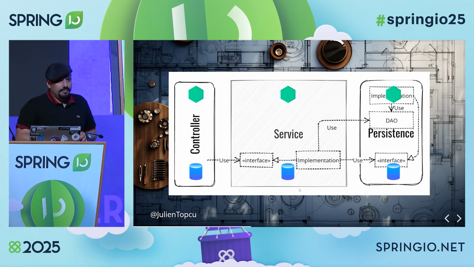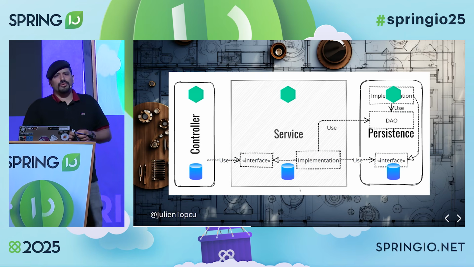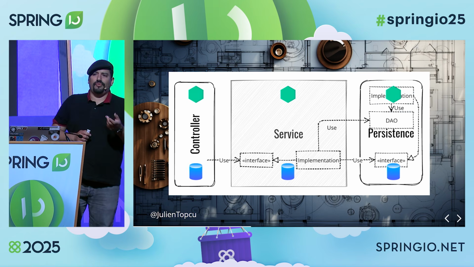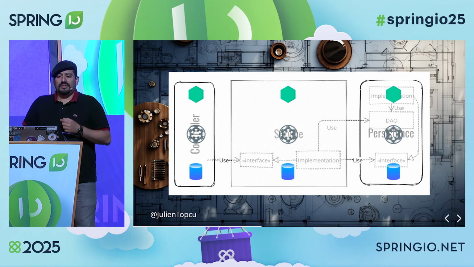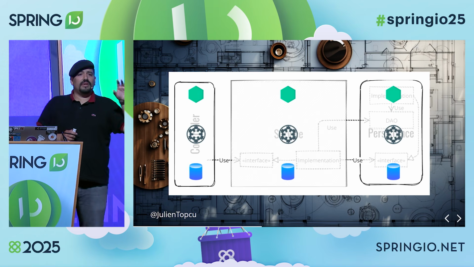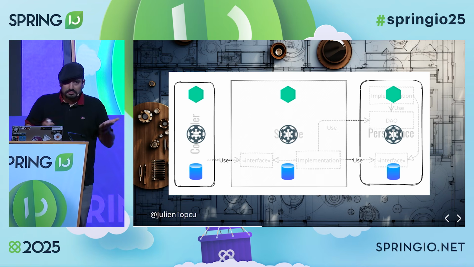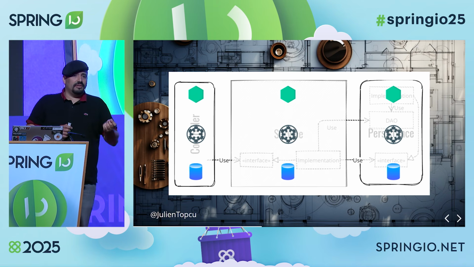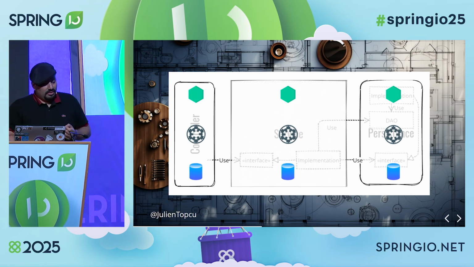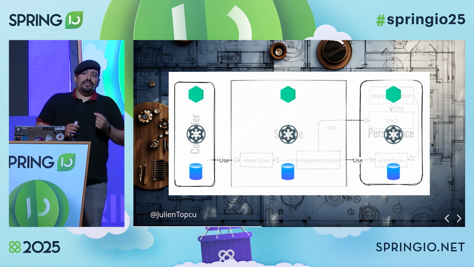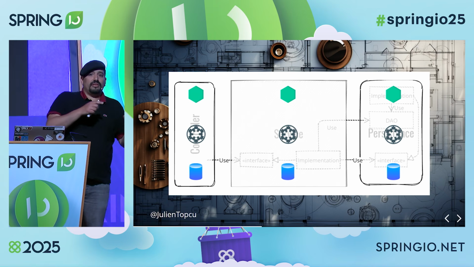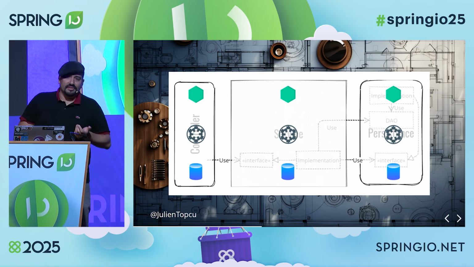But the other problem is related to the fact that when we are using structuring frameworks such as Spring Boot, we tend to put it everywhere, even in places where they should not be. Because if you are coupling your business logic with your framework, you may have functional regression when you upgrade to a new version that has breaking changes.